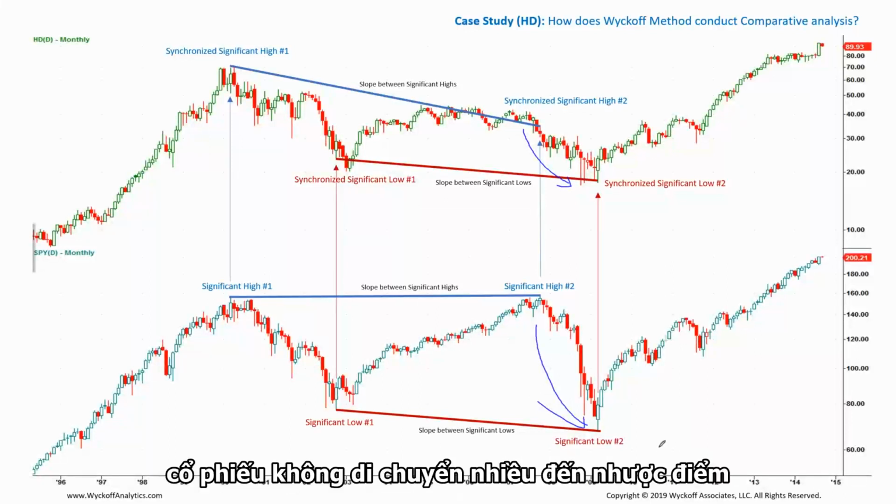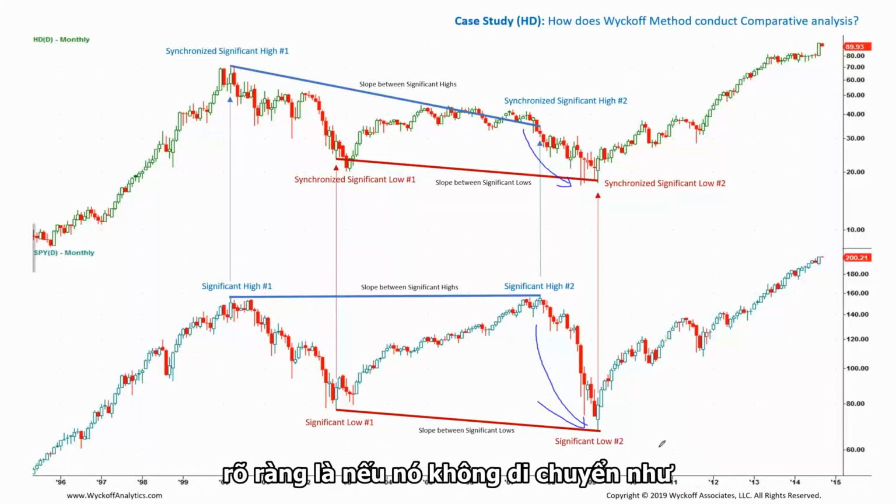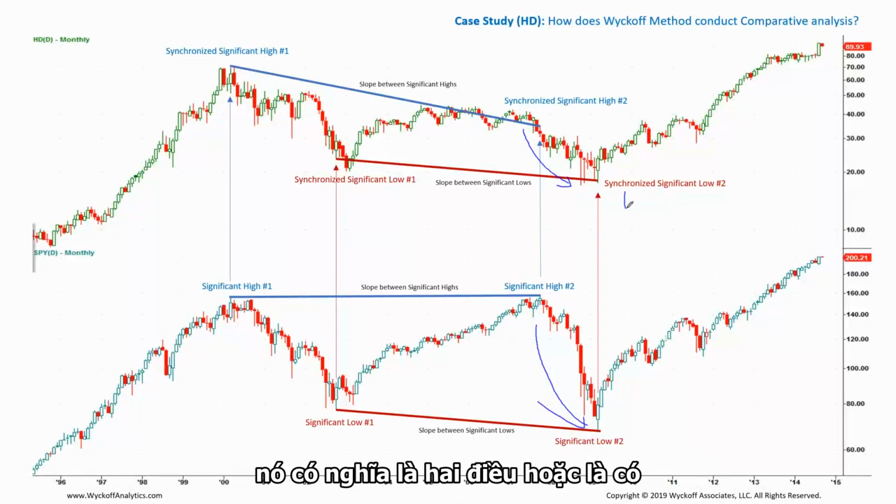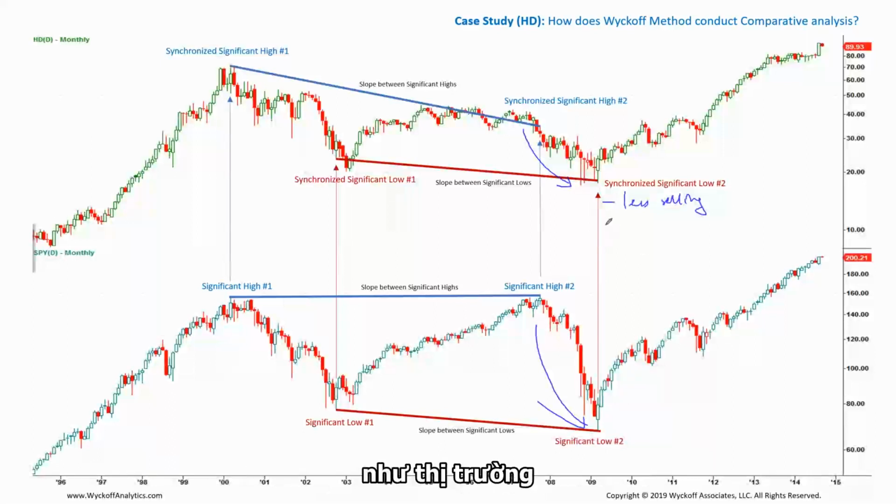Why would the stock not move as much to the downside? Well, obviously, if it's not moving as much, it means two things. Either there is less selling and the stock is not being sold as much as the market, or alternatively, there could be some demand that's coming in and that absorbs the supply